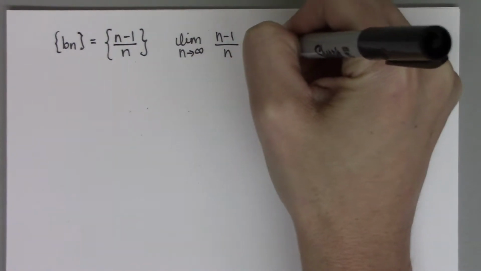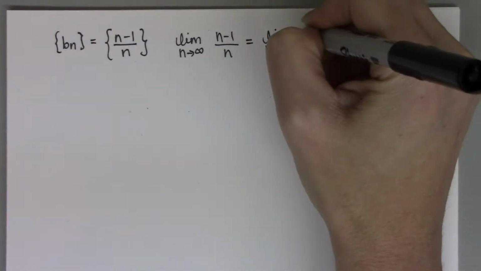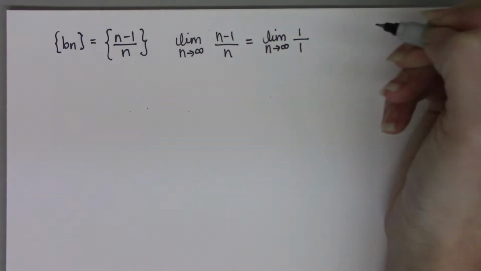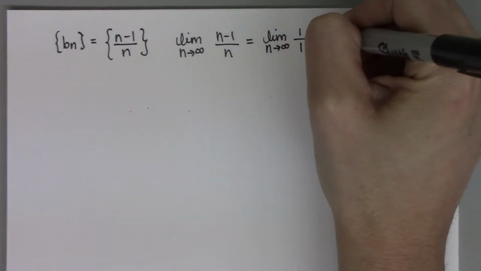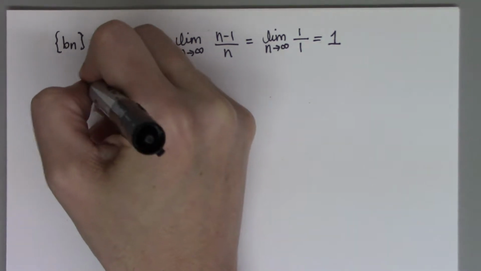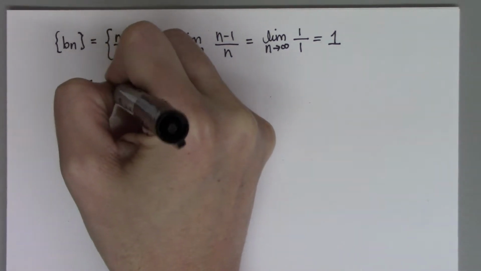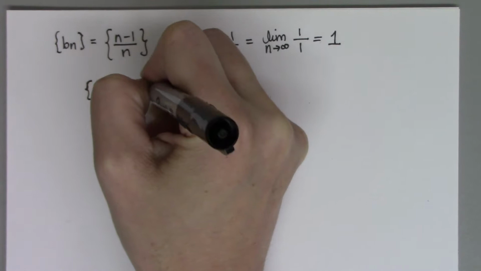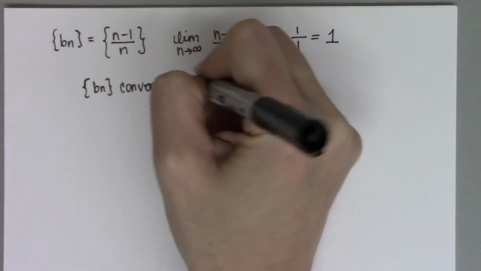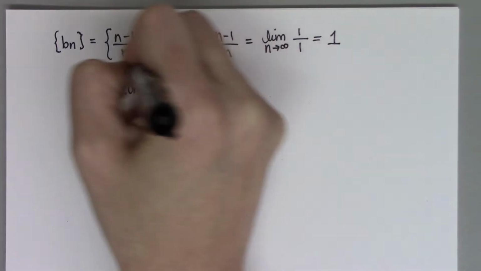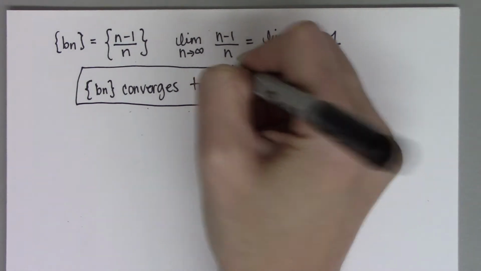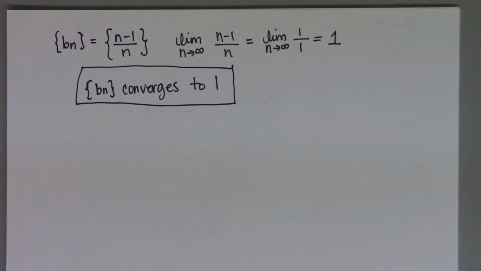So I'm just going to take the derivative of the numerator, which is 1. The derivative of the denominator is 1. So the whole limit equals 1. So we can say that b sub n converges to 1. So when we're doing problems involving sequences, and I ask you if a sequence converges or diverges,